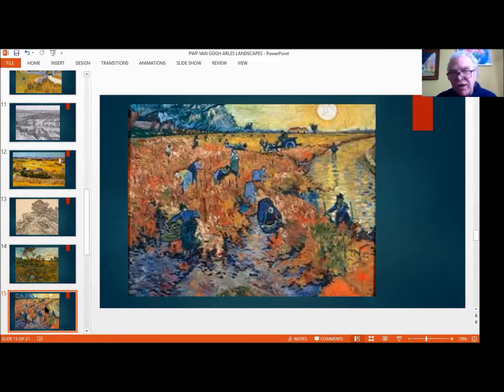He described himself as an artist labourer, and many of his paintings show working people in labour, and so we see here, I think, women scrubbing clothes, other people working in